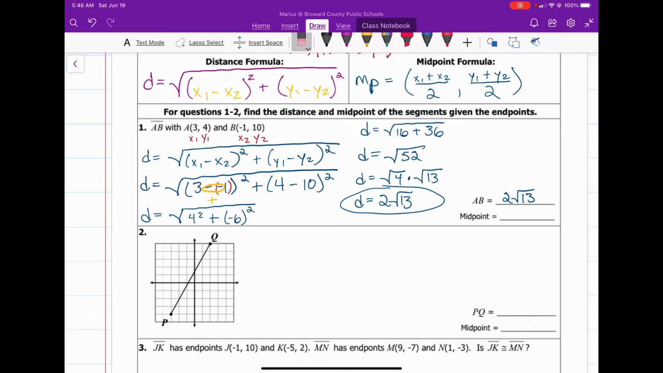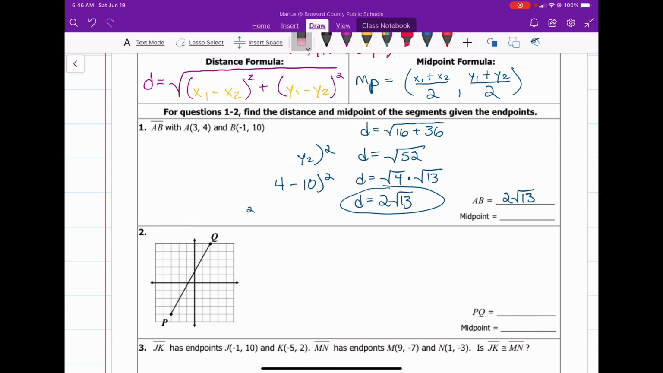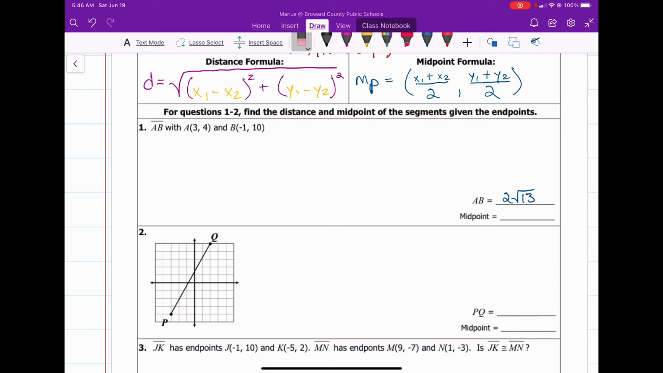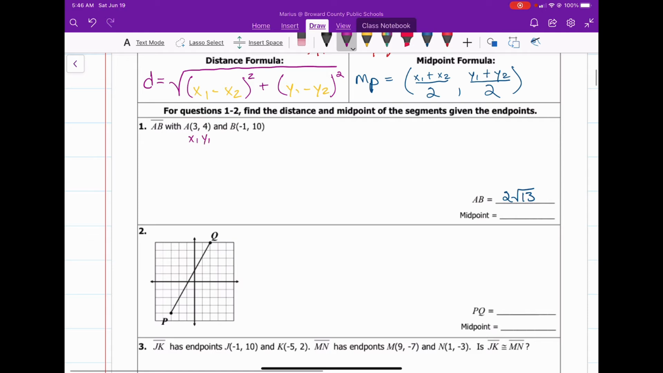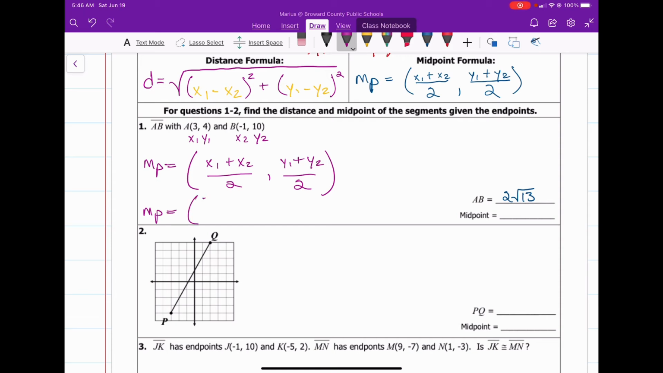Okay. Now, as we stated before, we have to go ahead and find the midpoint as well. So I'm going to erase all of that. Now we're going to do the midpoint. So once again, we start off with x1, y1, x2, y2. The midpoint is equal to x1 plus x2 divided by 2, comma, y1 plus y2 divided by 2. And now we just go ahead and work that out. So the midpoint is equal to 3 plus negative 1 divided by 2, comma, 4 plus 10 divided by 2,